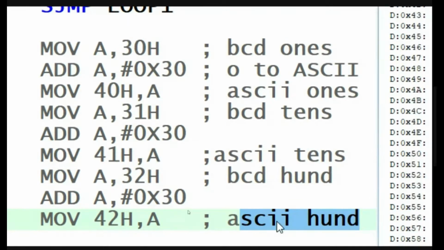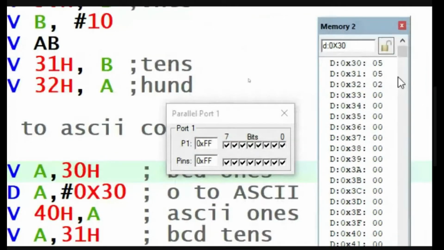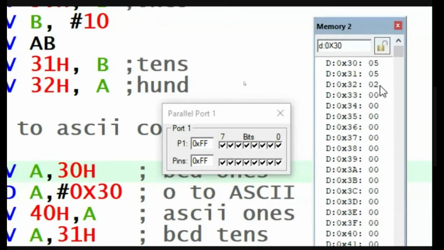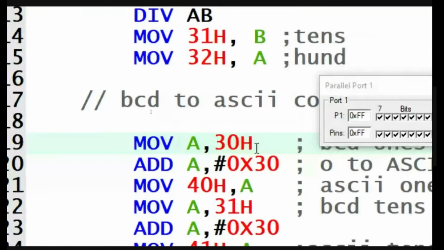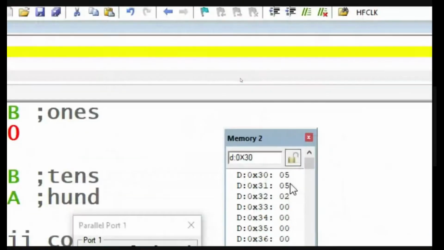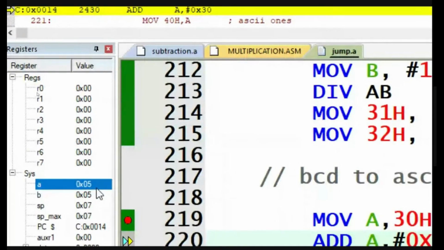Okay, let us experiment with this. BCD to ASCII code conversion is happening here. Now the BCD values are available in 30, 31, 32 because the input value is FF, which is 255. The decimal equivalent of FF is 255, where the ones, tens, hundreds are stored in the consecutive memory locations 30, 31, and 32. Now I am bringing the content of the 30 memory location to the accumulator. The content of the 30 memory location is 5. That will come to the accumulator, you see. It is coming to the accumulator.